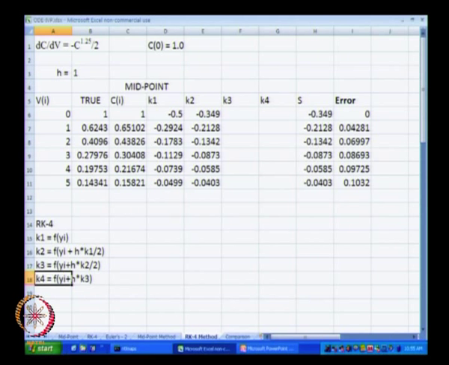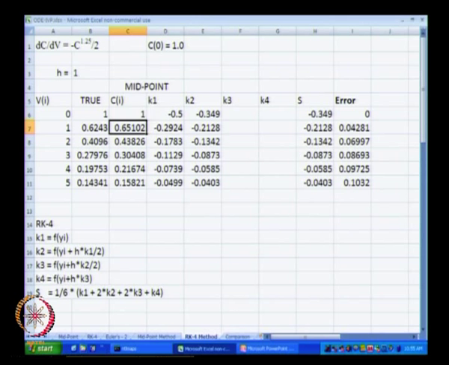These are the various projected slopes that we compute, and our S, the actual slope, is going to be 1/6 multiplied by k1 plus 2k2 plus 2k3 plus k4. So, I will write that down over here as well: S equal to 1/6 multiplied by k1 plus 2 multiplied by k2 plus 2 multiplied by k3 plus k4. Okay. So, this is our S.